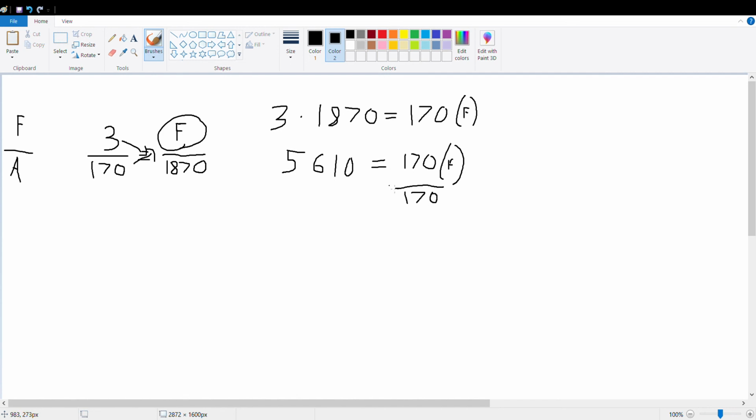If we do it to one side of the equal sign, we have to do it to the other side of the equal sign. So 5,610 divided by 170,